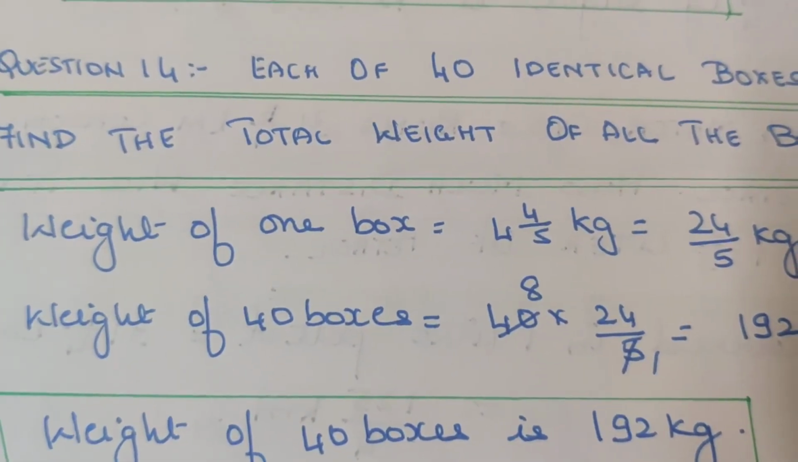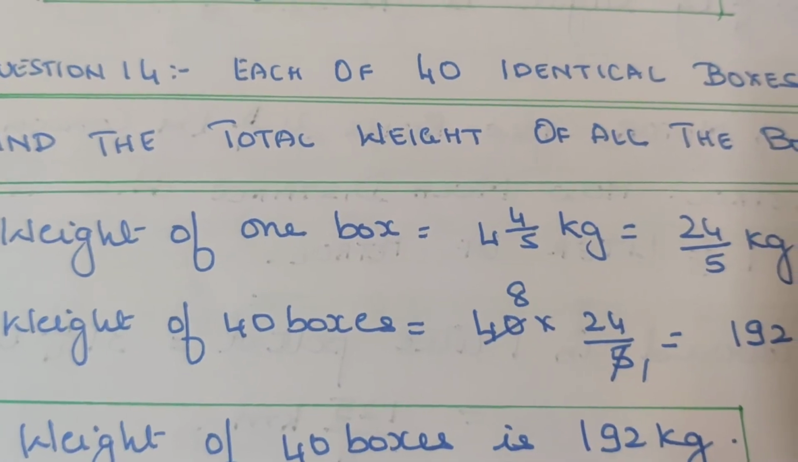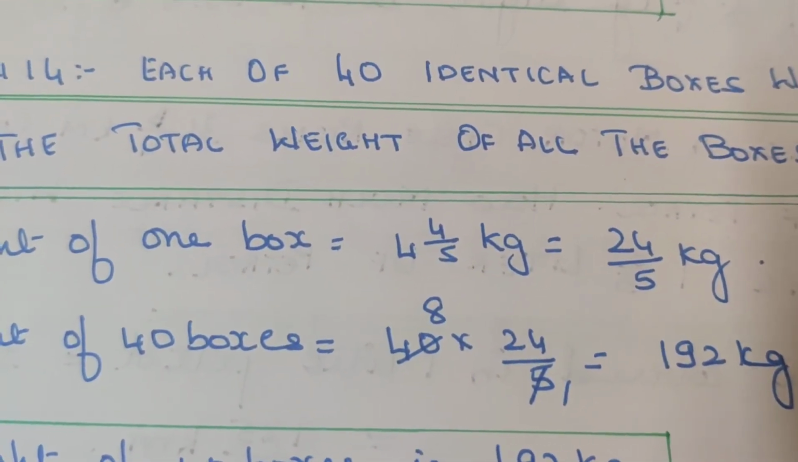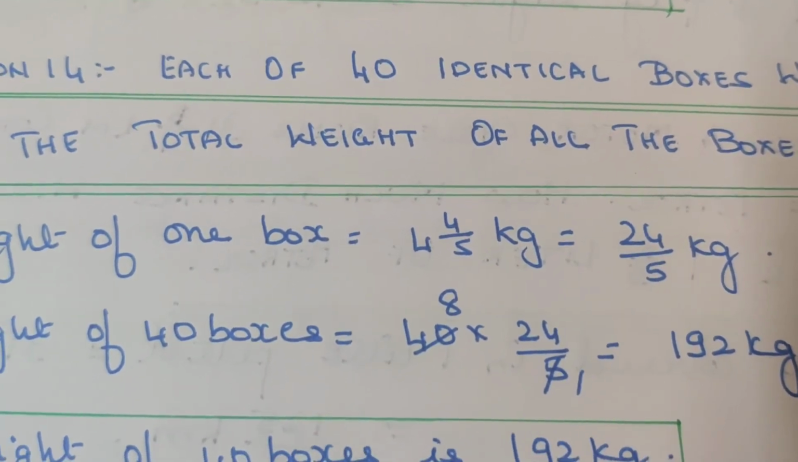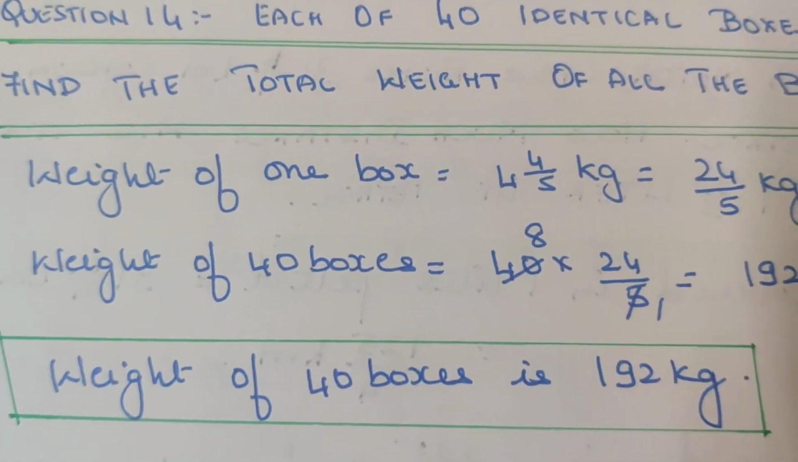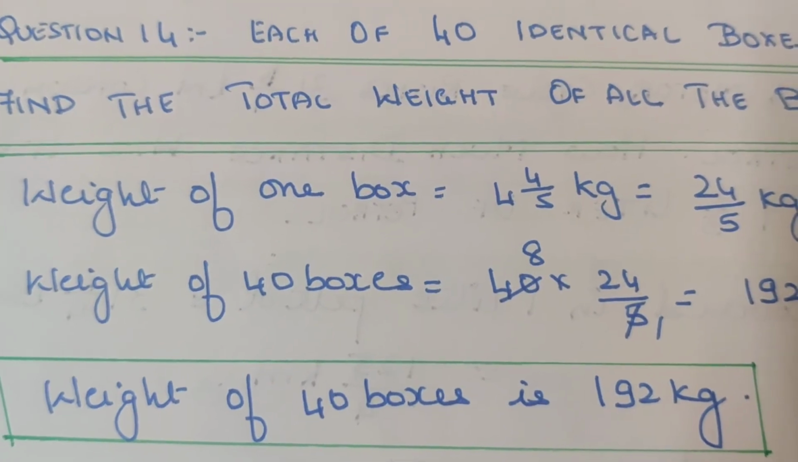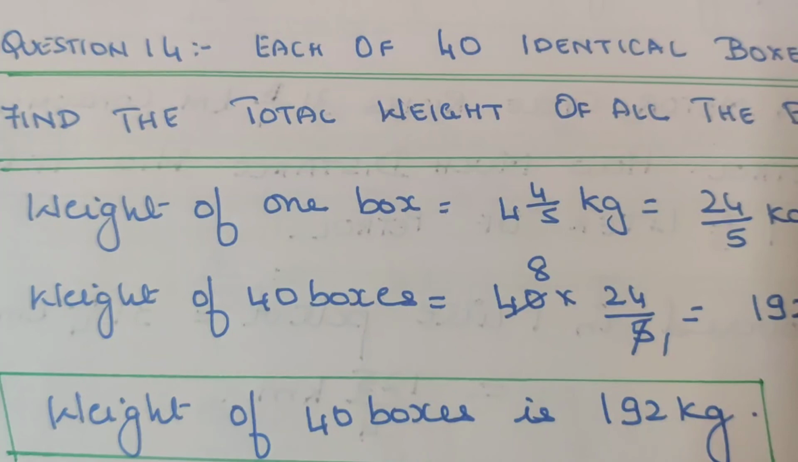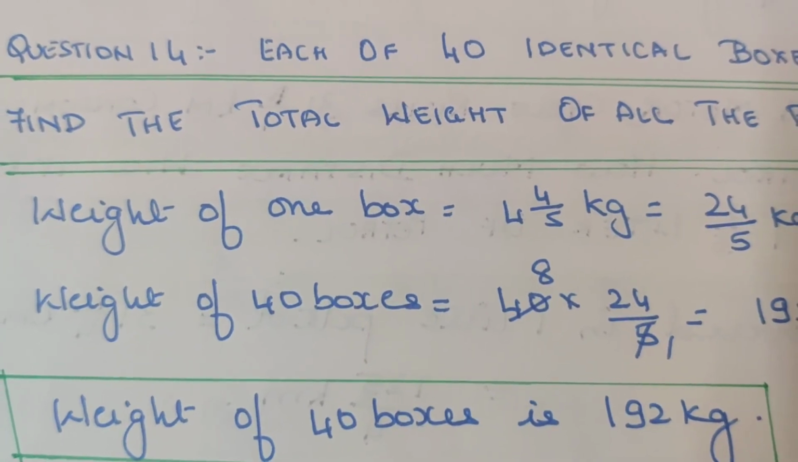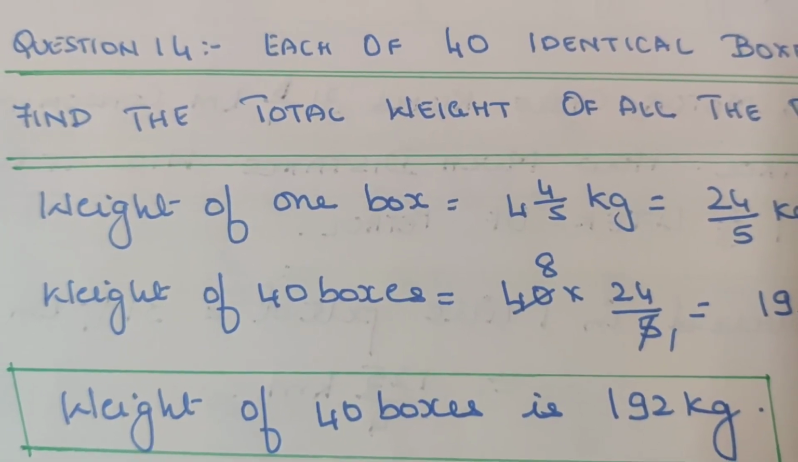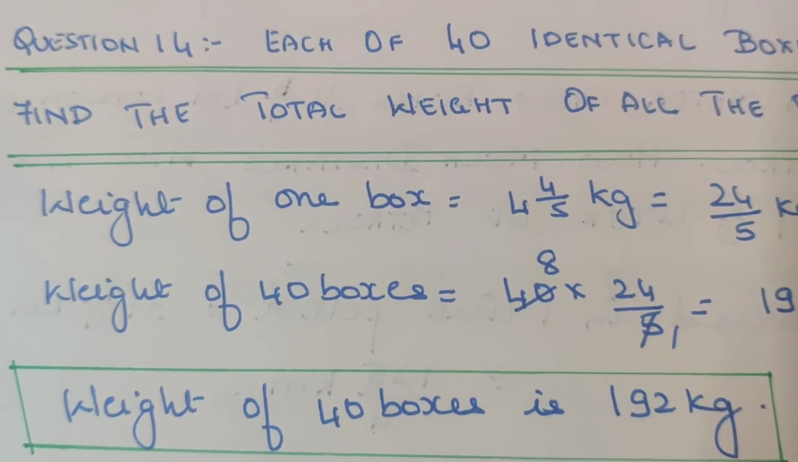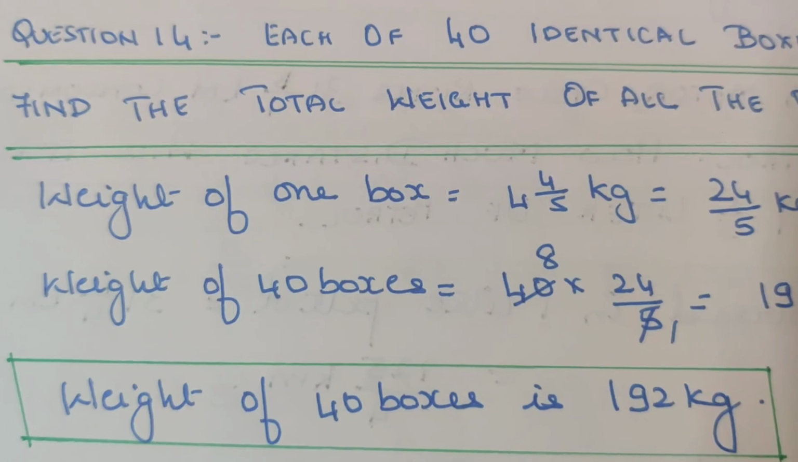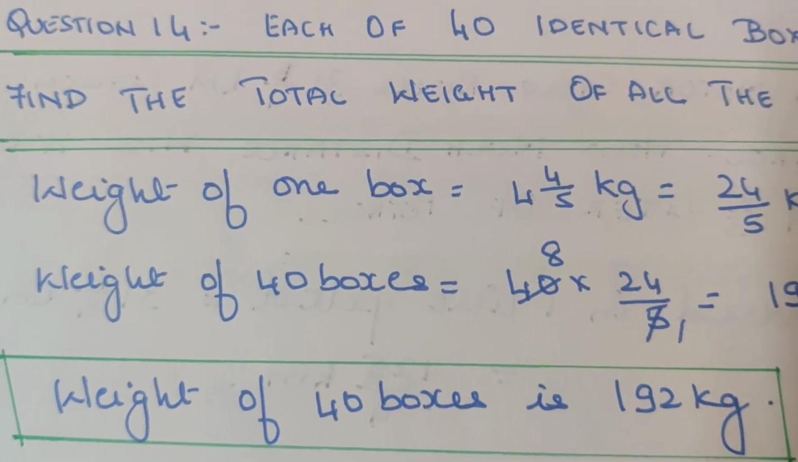Weight of 40 boxes is equal to 40 into 24 by 5. On simplification, you get 192 kg. You just multiply. Alright. Therefore, weight of 40 boxes is 192 kg. Hope this is clear. When they give the weight of one box and ask you to find the weight of others, so if something is given for 1 and you are asked to find the n number of stuff, it's just multiplication. Just have that